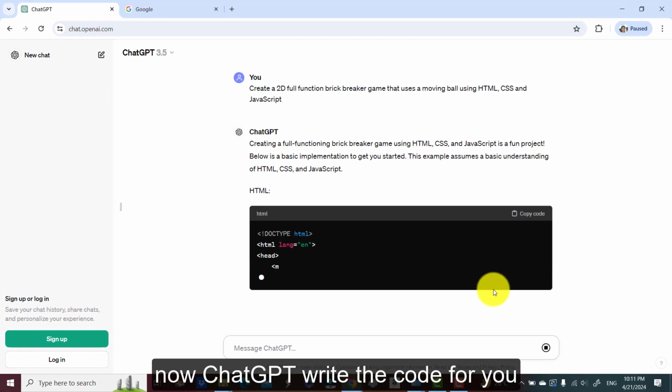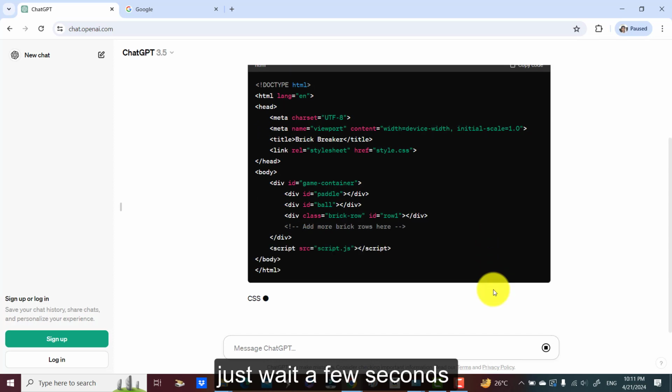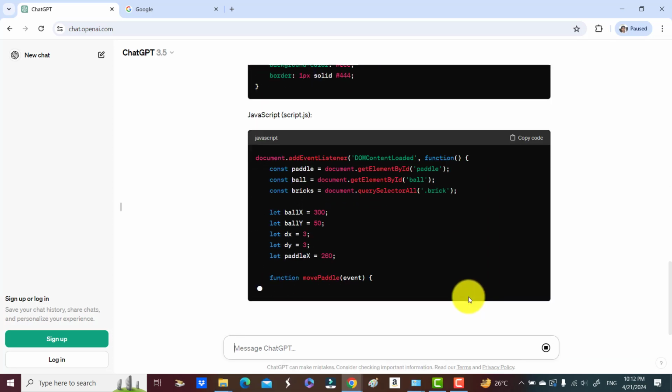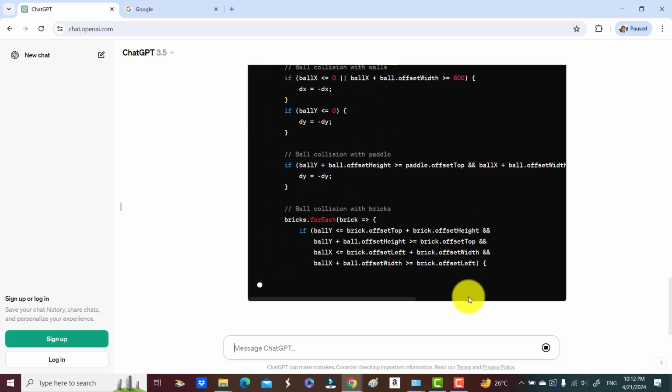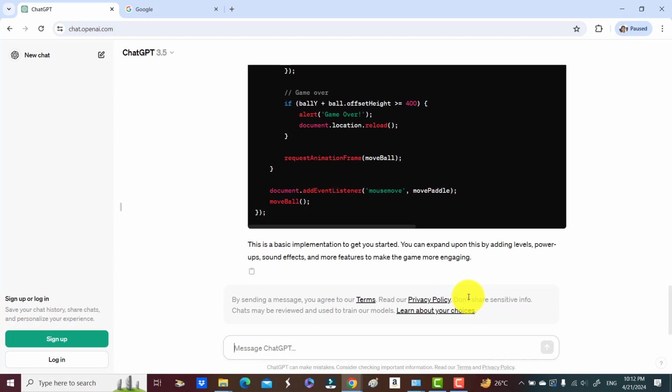Now ChatGPT writes the code for you. Just wait a few seconds. After ChatGPT finishes coding, open another tab